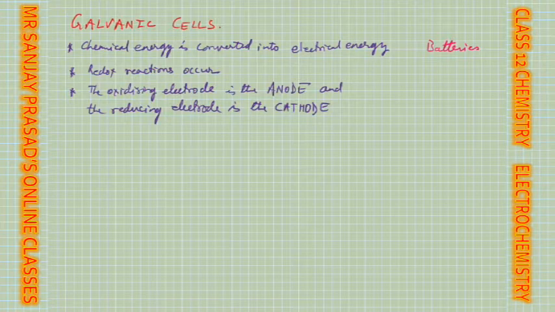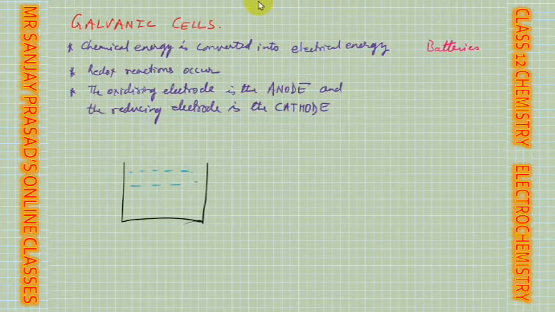So if we want to take these electrodes, then what do I need? I'll take a liquid. Look here. I'll take a container. In this container, I'll take a particular electrolyte. So this is filled with a liquid, isn't it? And in this liquid, I'll dip a metal rod. Okay, so this metal rod contains metal atoms, and the solution contains metal ions.